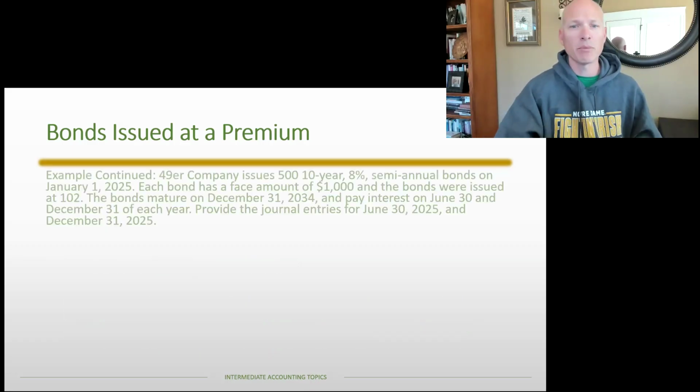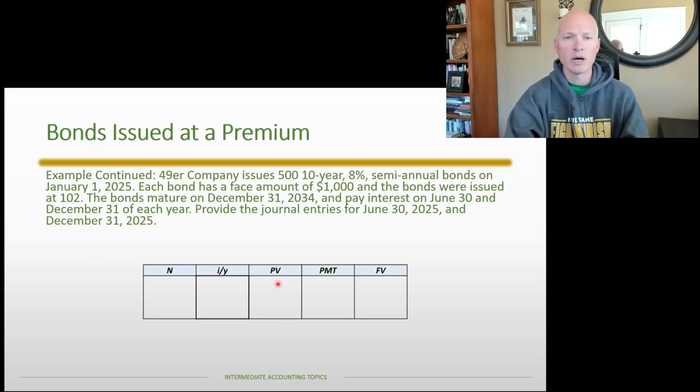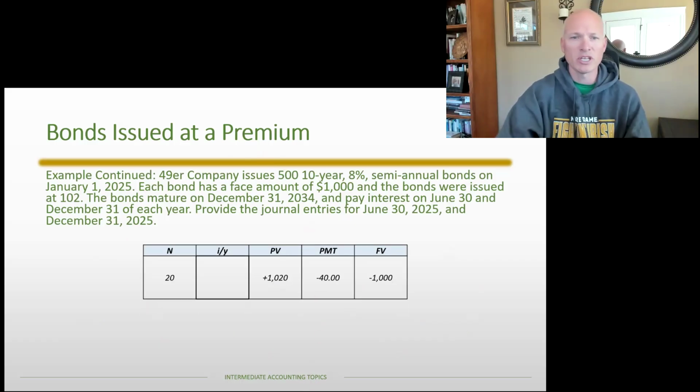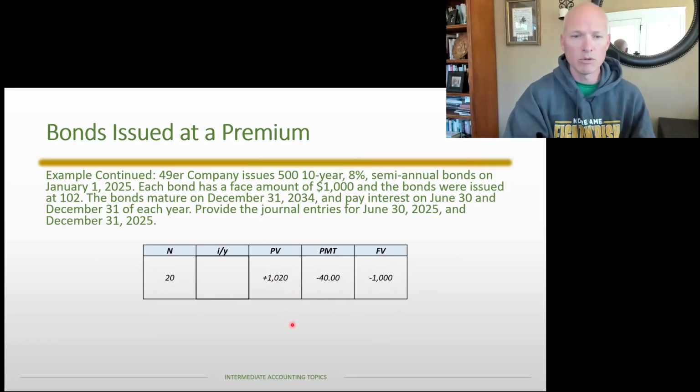All right, so in our example, we're just continuing our prior example. We take the information from above and put it into our TVM table. The elements given to us are: N is 20, because it's 10 years of semi-annual periods, so 20 semi-annual periods. Contractually, they agree to pay $1,000 at maturity, and they're going to pay $40 of each interest payment based upon the 8% bond rate. And then the price we were given is 102, which is right over here. And of course, that's the amount I'm receiving as the company, so it's a positive cash flow to me. When we solve that, we get